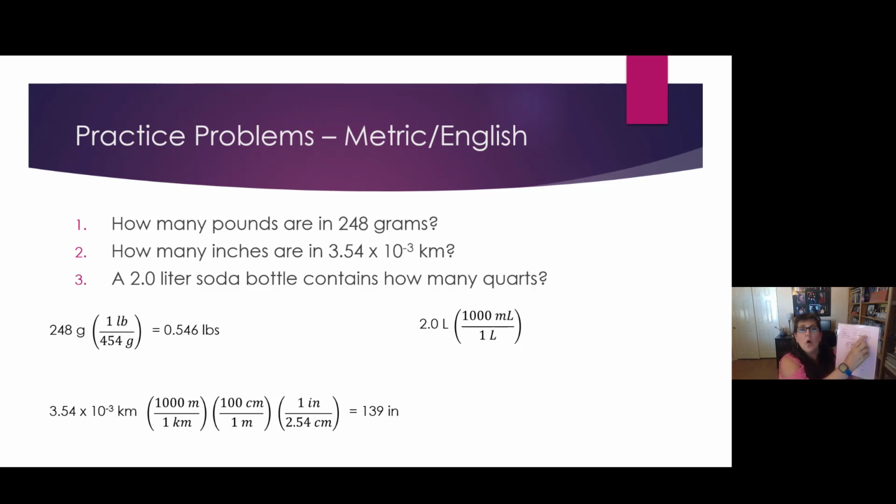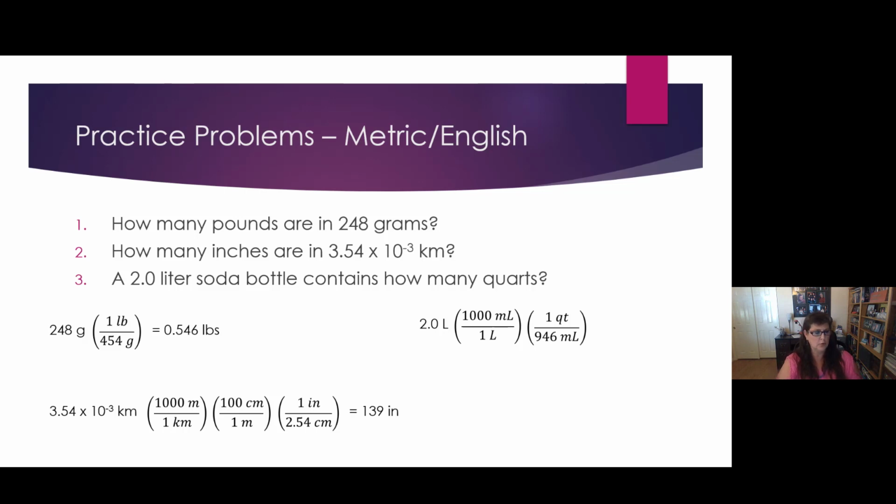Now we can use this crossover. A quart is 946 milliliters. What is on the bottom? We need units to cancel out top to bottom. So the bottom must be the milliliters. 946 milliliters on the bottom, a quart on top, like that. So a quart over 946 milliliters. Milliliters cancel, we got our quarts. Are we done? Yes, that's it for number 3.